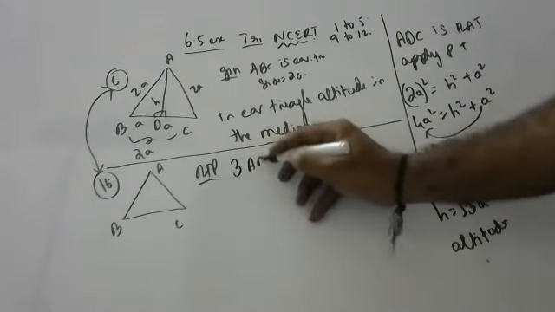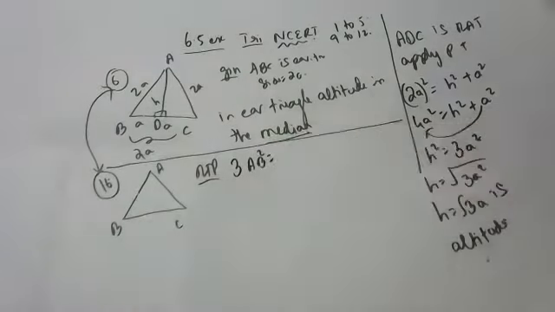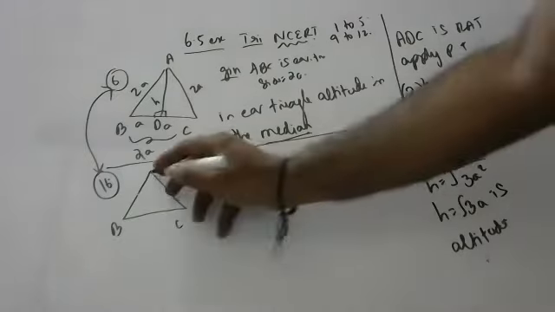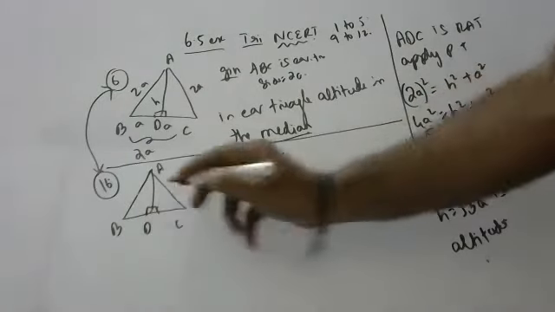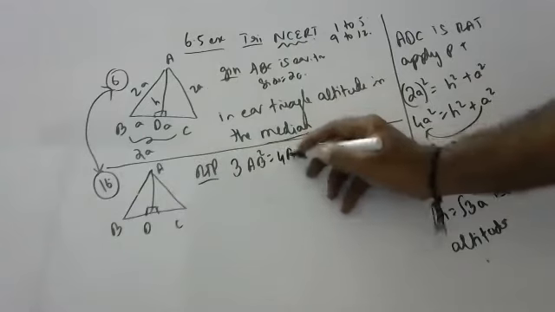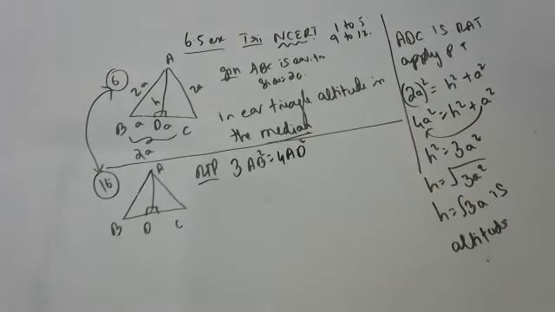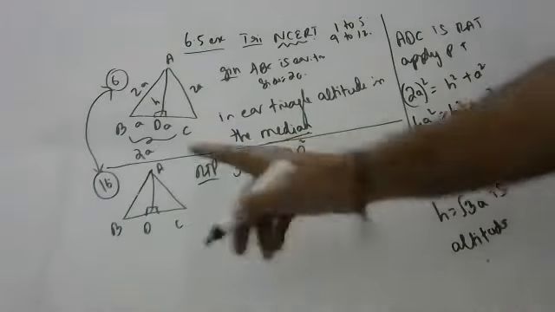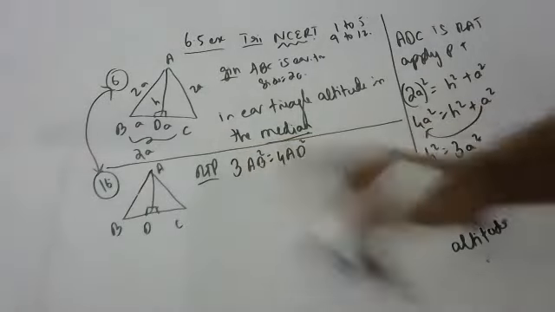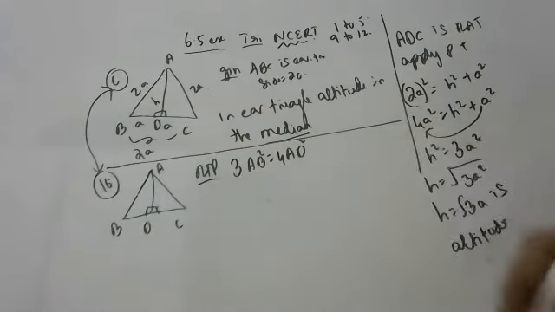any one side, since all sides are equal, is equal to 4 times the square of the altitude. Altitude means 90 degrees. Don't ever forget that. Altitude or height is the same, children, or perpendicular. So he's asking to prove 3 times the square of any one side is equal to 4 times the square of the altitude. Okay, children, let's start.